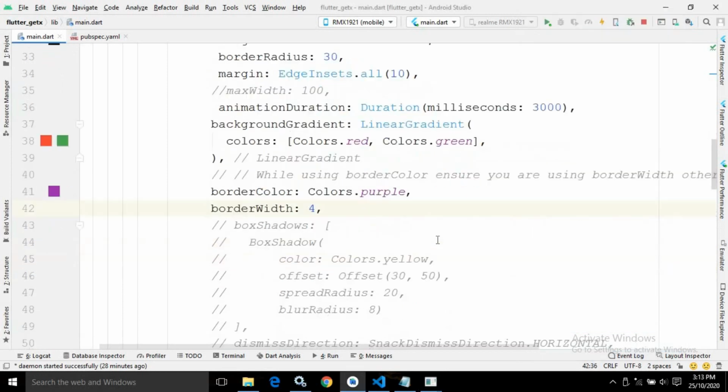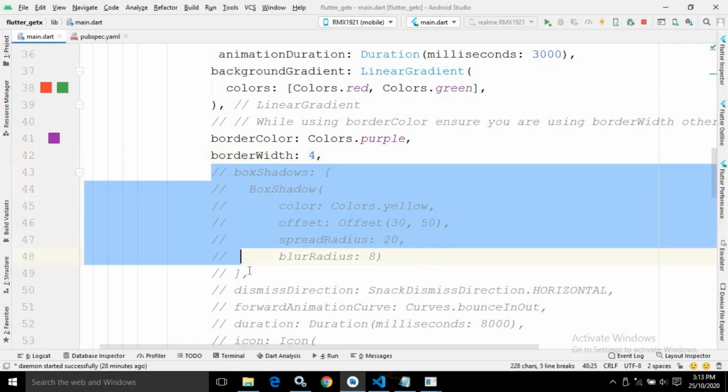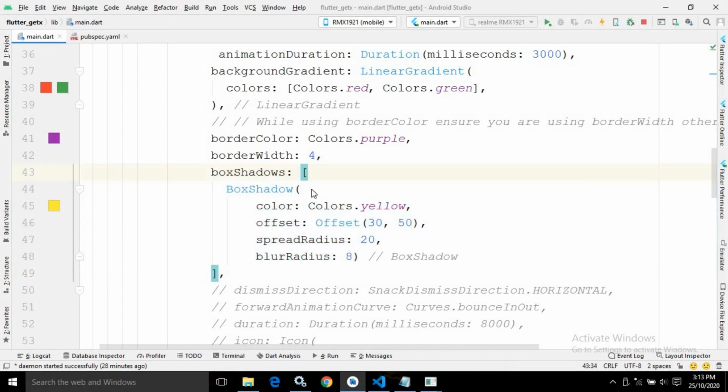Now if you want, you can specify the shadow also. To specify the shadow, we have the box shadows property. In the box shadows property I have used a box shadow, and in the color I have specified Colors.yellow. In the offset I have specified 30 and 50.